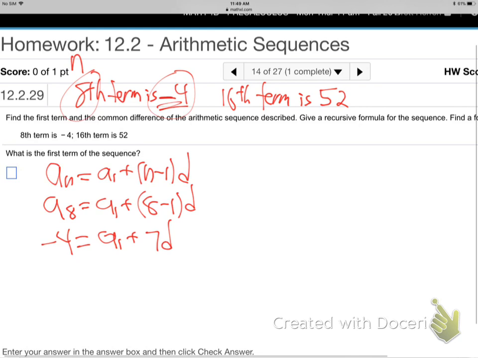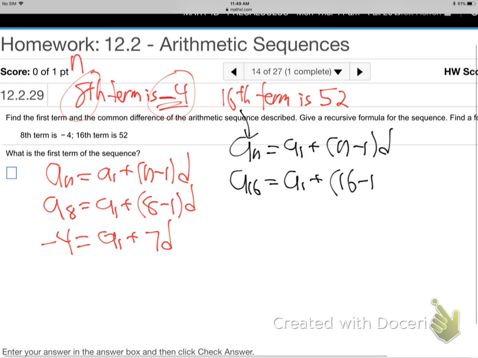And then the other one, A sub n is A1 plus n minus 1 d. The 16th term, A sub 16 is A1 plus 16 minus 1 d. And that's A sub 16, 52 is A1 plus 15d. Got those two? All right, we're out of time. We just got to put those together and solve, but